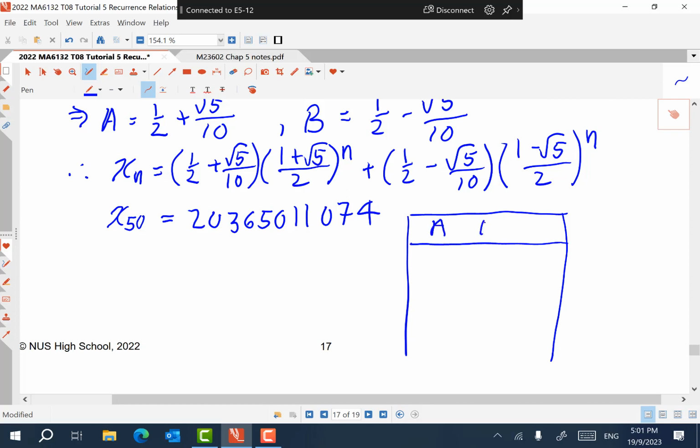This is A, B, and C. You write these 2 as the 2 starting numbers, and then you say that this entry is equal to B1 plus B2 plus C1. If you type like this in the calculator, and you type this as B1,